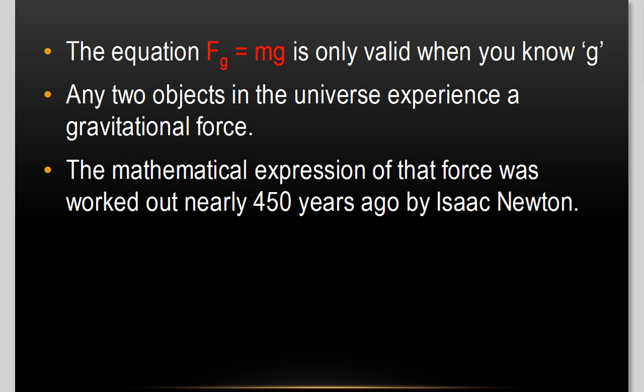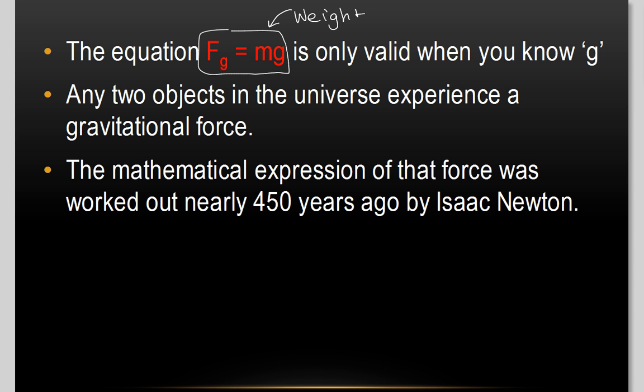So Newton's law of universal gravity. The equation Fg equals mg, this one here we've been working with for a while. That's the formula for weight. It's only valid when you know the value of g. So like when you're on planet Earth, you know that value. On planet Earth, you know that g is 9.8 meters per second squared down, and